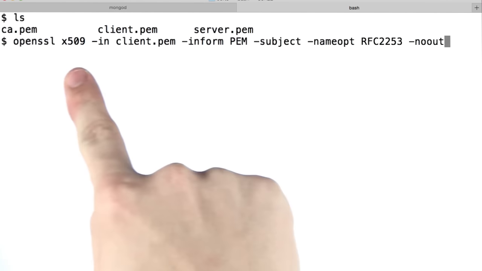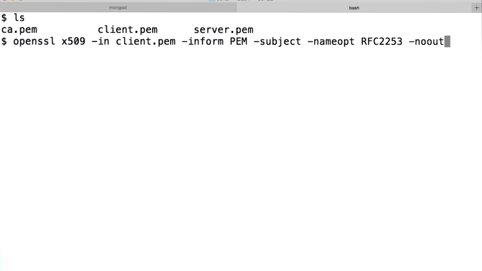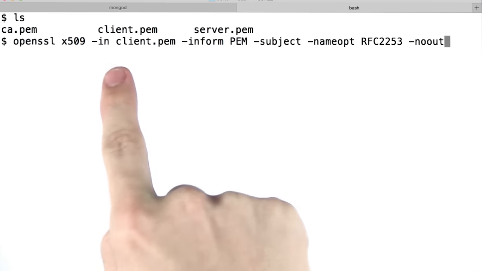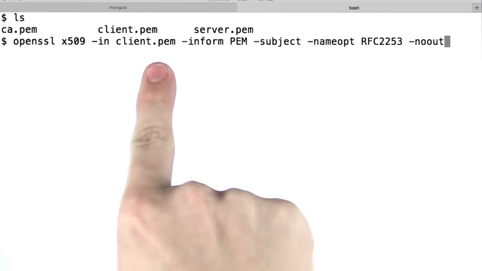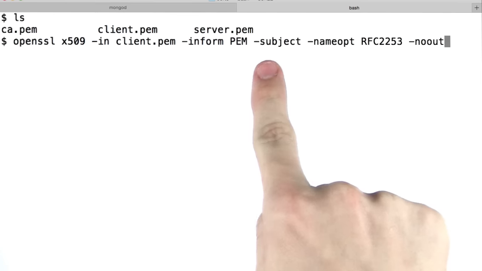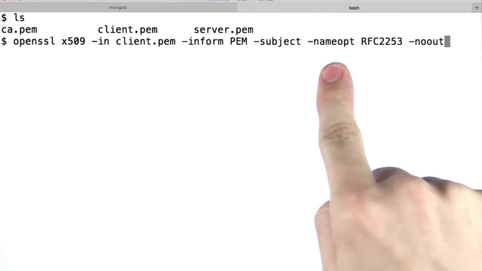We can run the following command to read the subject line. Here we're saying that we're dealing with an X509 certificate. We're providing an in parameter of the client.pem file. The input format is PEM. We want to get the subject. The nameopt, we're going to use